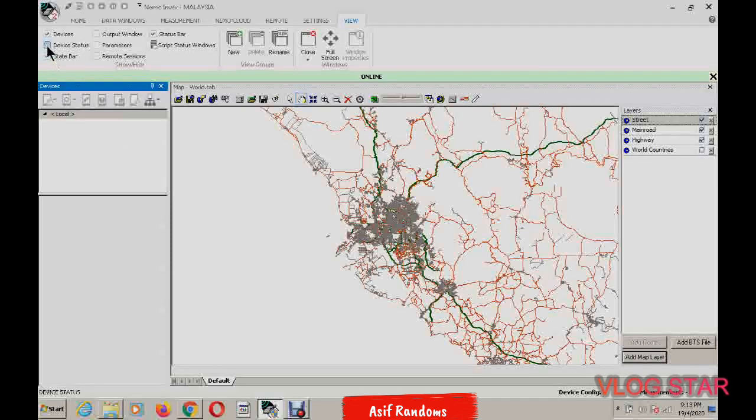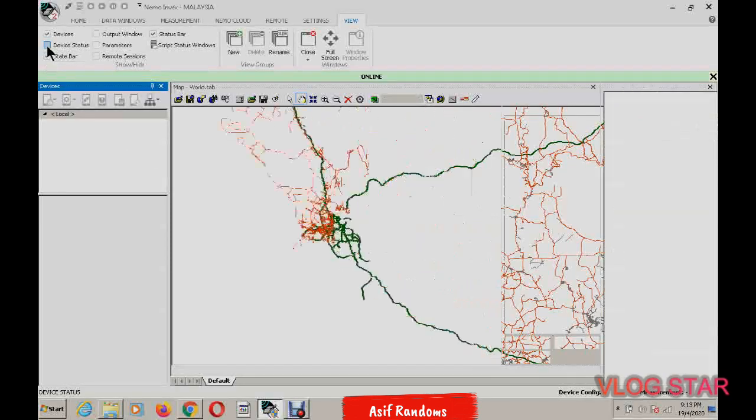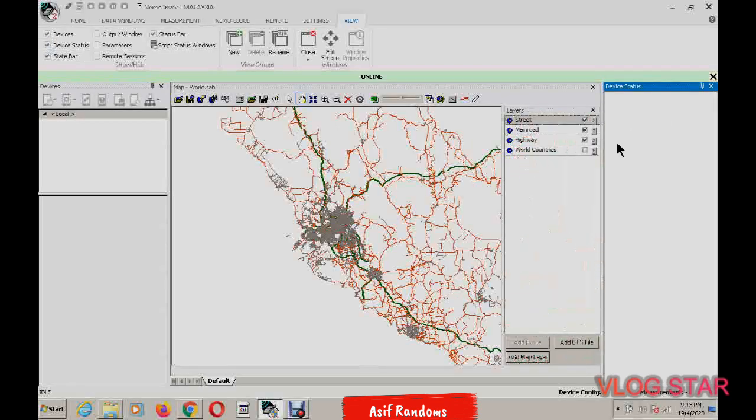Need to use device status. Okay, I just mark it. Yeah, here on the right side you can see device status. So this box will show us how many devices we added and whether the devices are working properly or not. It means whether the device is added or not, connected or not with our laptop.